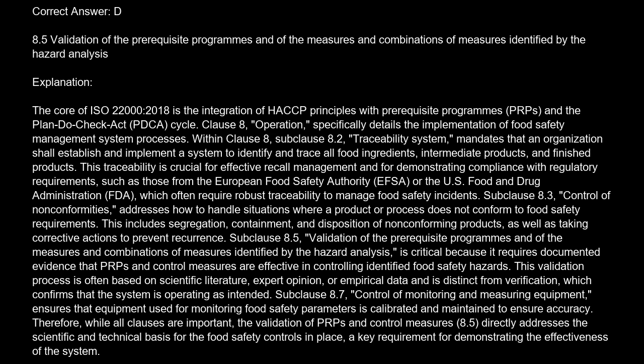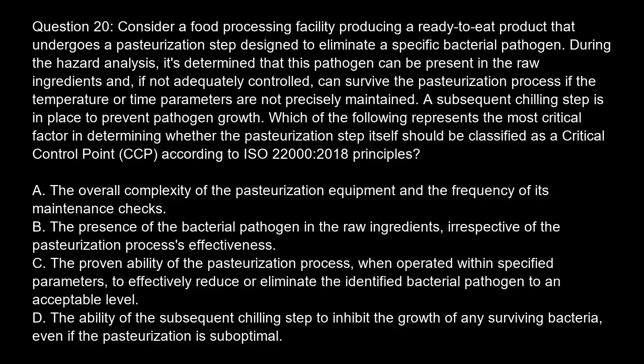Subclause 8.7 Control of monitoring and measuring equipment ensures that equipment used for monitoring food safety parameters is calibrated and maintained to ensure accuracy. Therefore, while all clauses are important, the validation of PRPs and control measures, 8.5, directly addresses the scientific and technical basis for the food safety controls in place, a key requirement for demonstrating the effectiveness of the system. Question 20. Consider a food processing facility producing a ready-to-eat product that undergoes a pasteurization step designed to